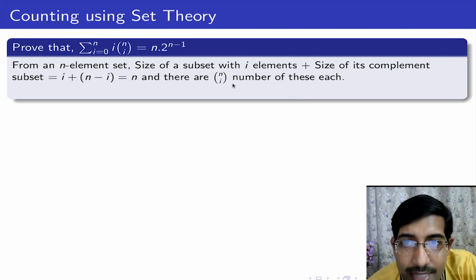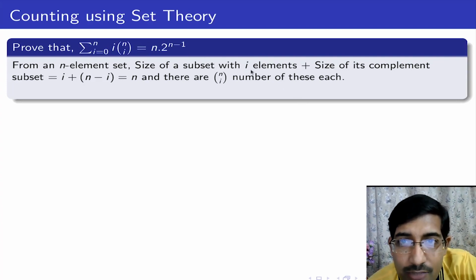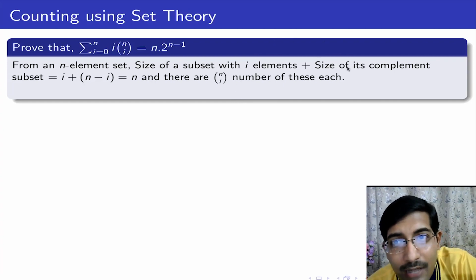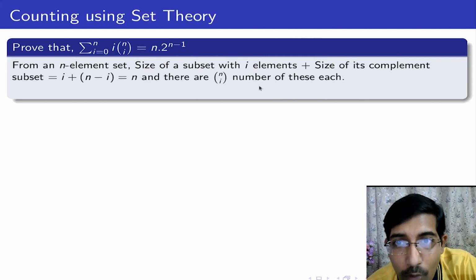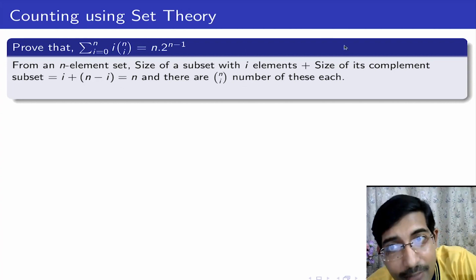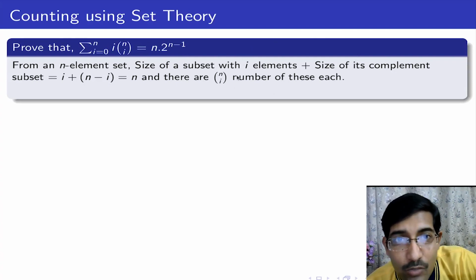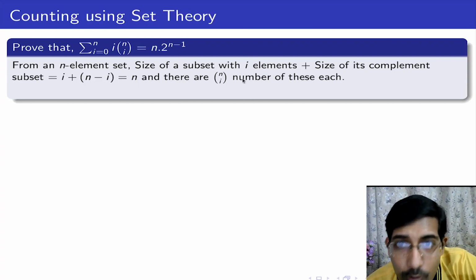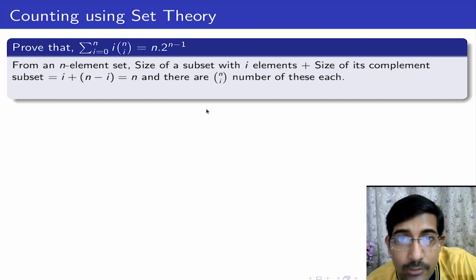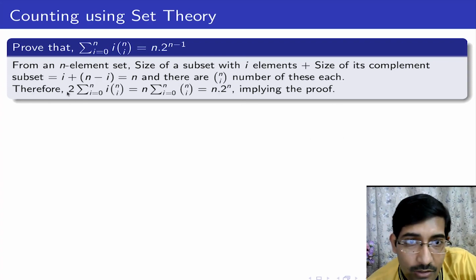Because NCi is the number of subsets with I elements, and the similar complement together I am taking somewhere, that complement is also getting counted, so that complement size is n minus I, and when I am choosing a subset of n minus I elements, then the complement of size I is getting added. So 2 times whatever the answer would be, if I add all of them, so n into all these numbers, it will be 2 times my answer. So this is 2 into the sum of NCi into I,